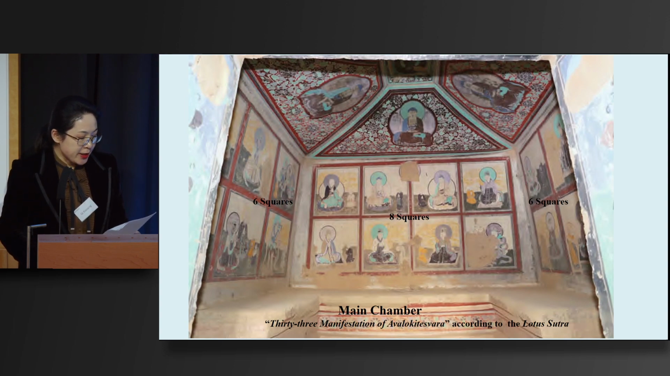Academic study has indicated that those square paintings refer to the 33 manifestations of Avalokitesvara according to the Lotus Sutra. Each square painting shows a sign of manifestation of Avalokitesvara, but no one has explained what the meaning of the circle Avalokitesvara is. About the date of this painting, most scholars thought them painted in Tangut